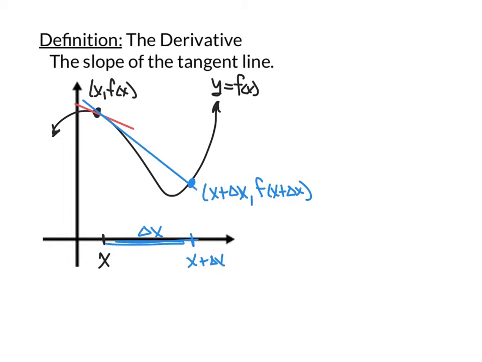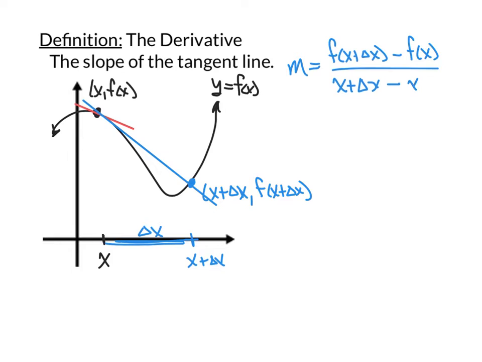Then what we have is called a secant line, where we're connecting these 2 points that run through our curve. And we can find the slope of that line. That's a real Algebra 1 thing to do. All we have to do is take the 2 y coordinates, f of x plus delta x, and subtract off f of x. Then do the same thing in the denominator. I'll take the x coordinate of that point, x plus delta x, and subtract off the x coordinate of that first point, just x. And we have this simplified expression, f of x plus delta x minus f of x,